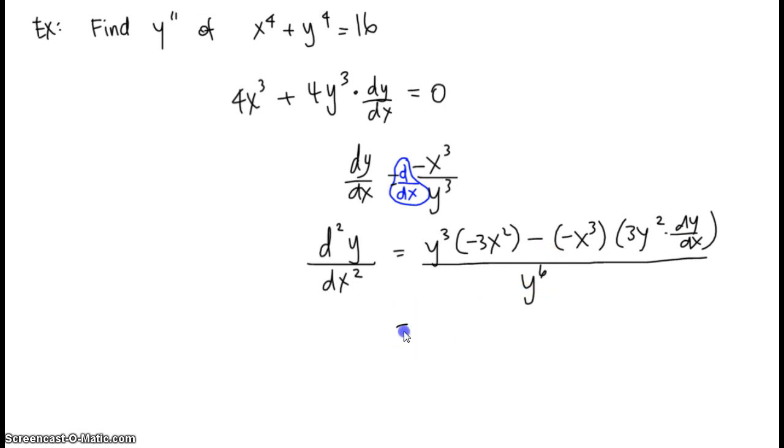Now let's try simplifying this a bit. So I get negative 3x squared y cubed. This looks like it becomes a positive x cubed. There's a 3y squared and a dy dx all over y to the 6th. Now this embedded inside my second derivative